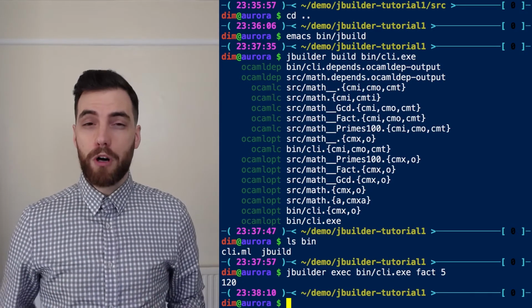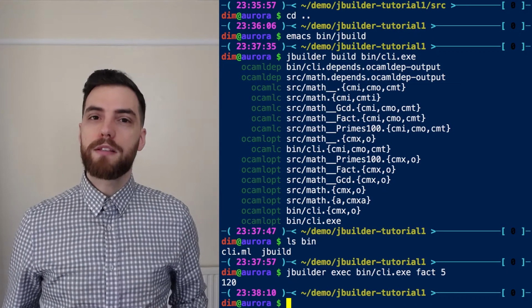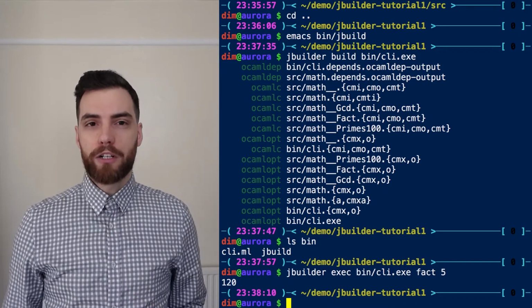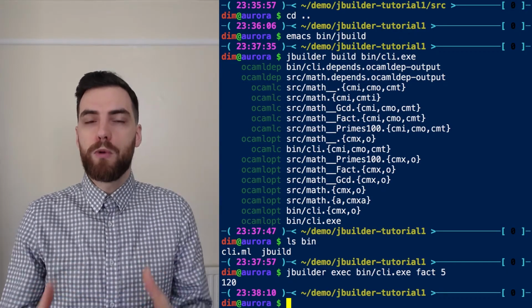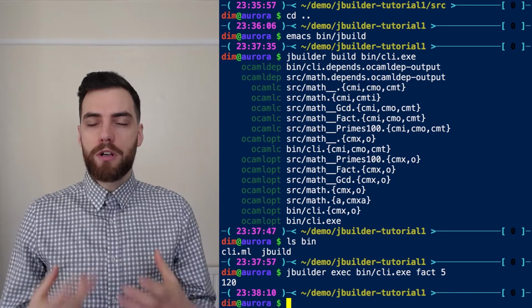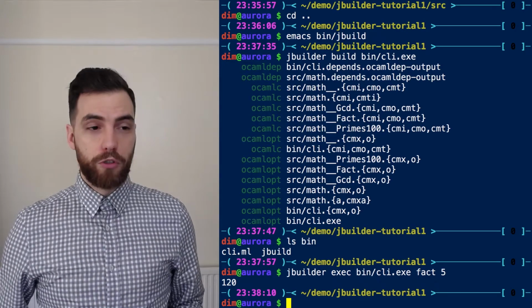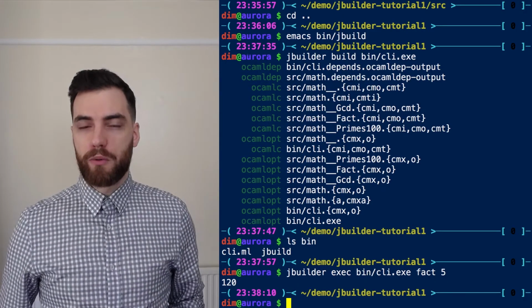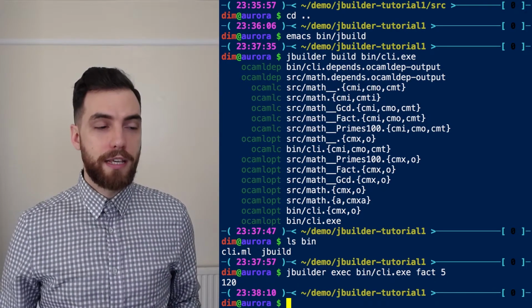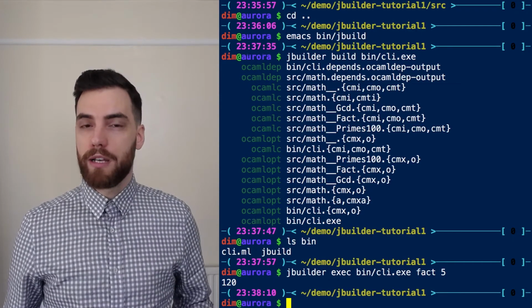Now that we know how to define executables, we are going to look at code generation. What I mean by code generation is asking JBuilder to build an executable and then run this executable to produce more code. The first thing we need to do is tell JBuilder about the executable. The code generator is in srcgen, so we have to create a JBuild file in srcgen.